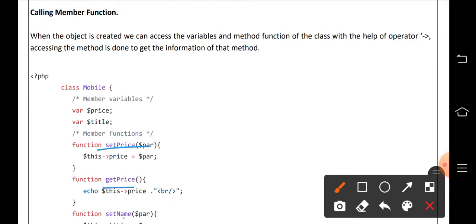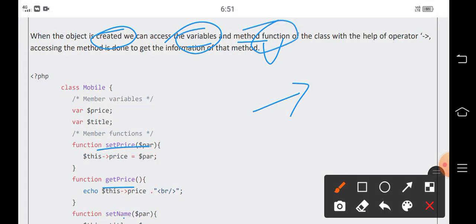Okay, member functions. When the object is created, we can access the variables and methods. The function is also known as a method, and with the help of operator, I told you that arrow operator is used to access the variables and functions inside the class.